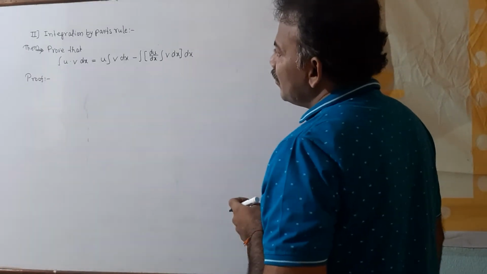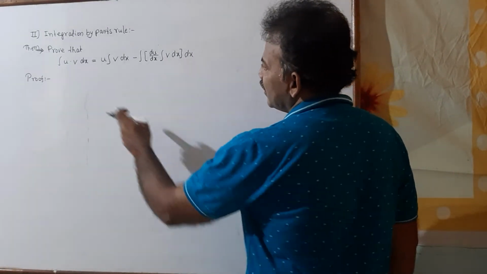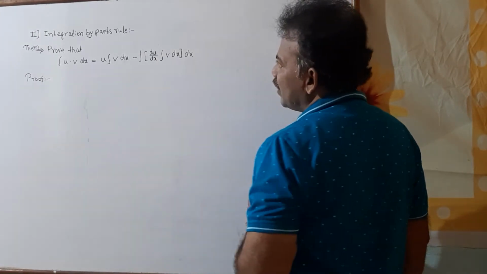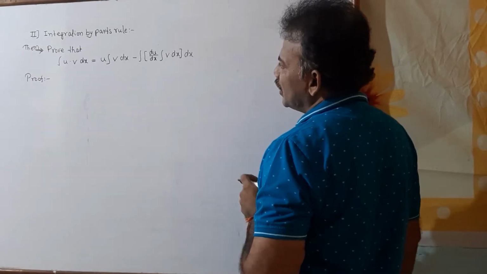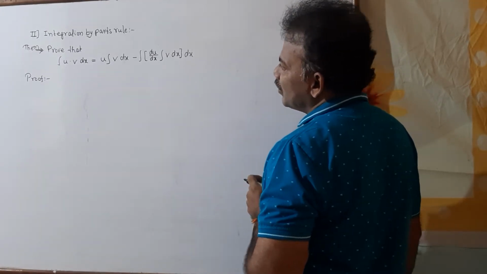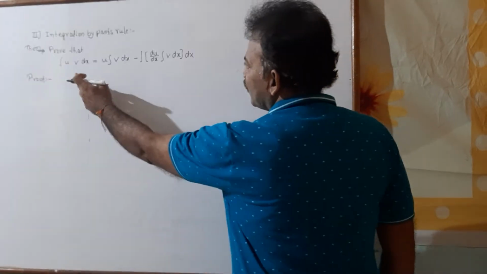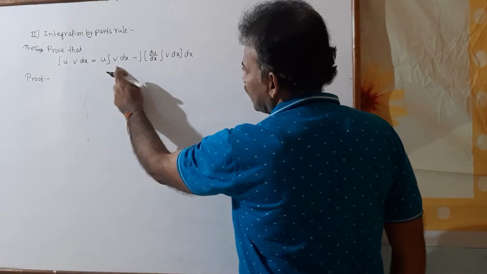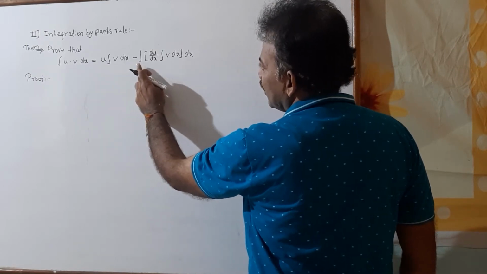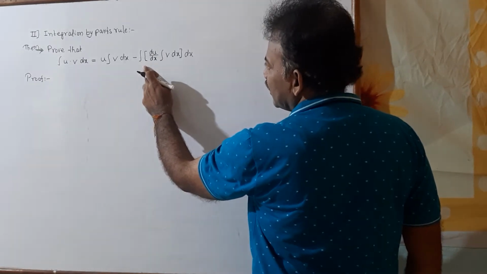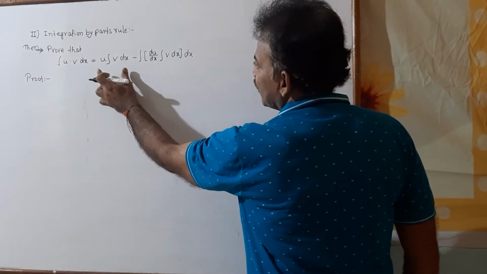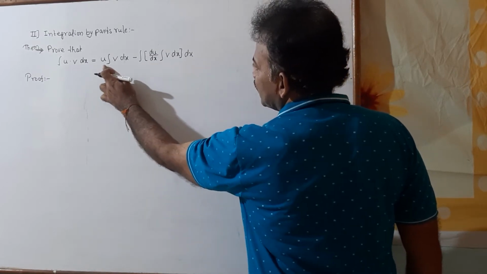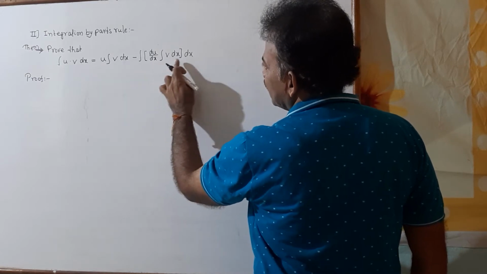Note that we apply this rule when the integrand is the product of two different functions. Whenever a product of two functions is there, we have to apply this rule or formula. What is the formula? The formula is very simple. How to keep it in our mind? See here, there are two functions. Write the first function u as it is, take integration of the second function, then take minus sign and again integrate. Note that here, again integrate, take the first term as it is. Only what changes? You have to take the derivative of this u only. du by dx integral v dx same.